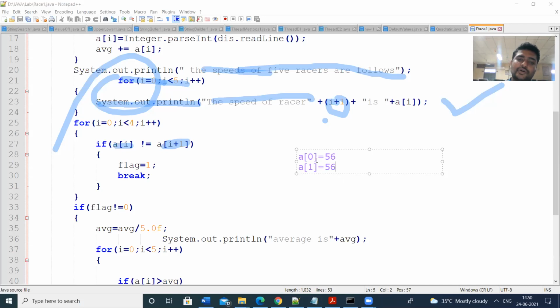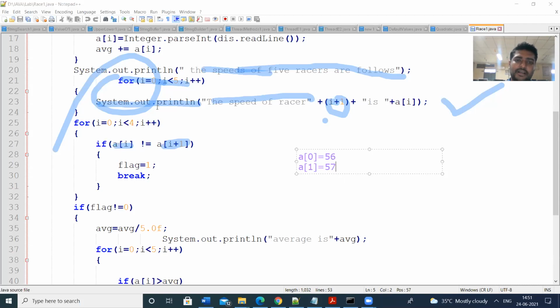If A of 0 is equal to 56 and A of 1 is equal to 56, the speeds are equal. If the two racers' speeds are not equal, then set the flag value as 1. Then immediately break.